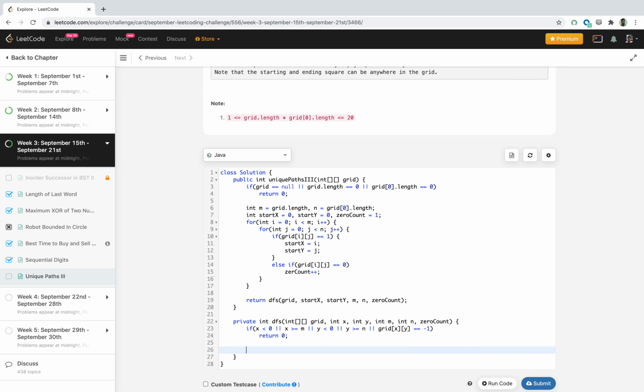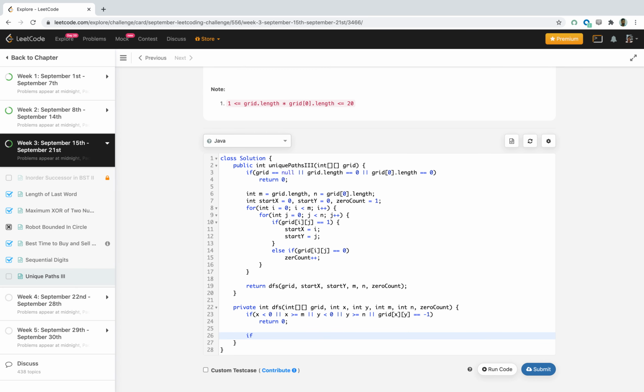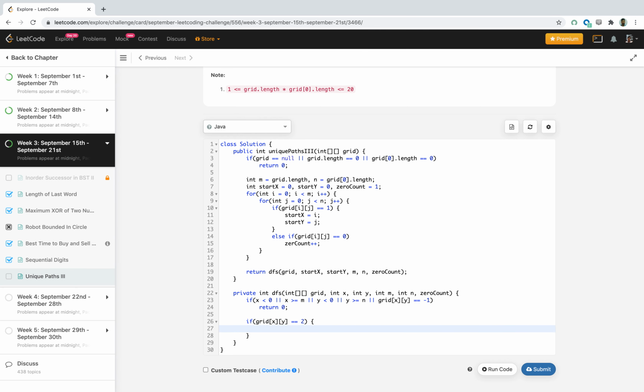Now if the current square is 2, that means we reached the end square. So here we have to check another condition, the zero count.